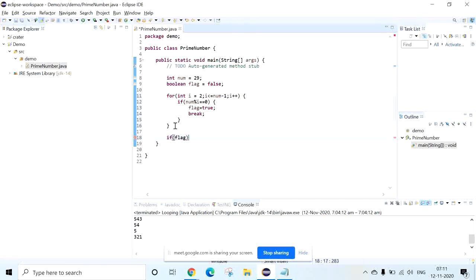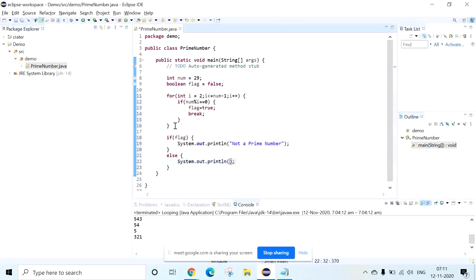Now I want to check if flag is true, then it cannot be a prime number, else prime number. Okay.